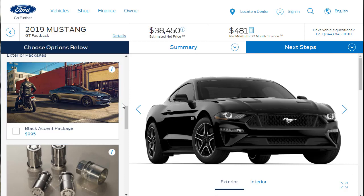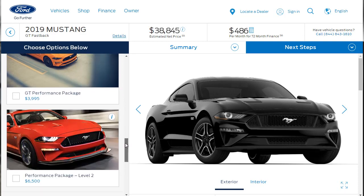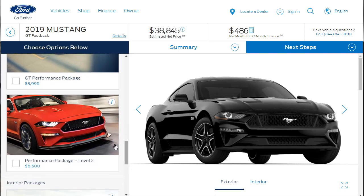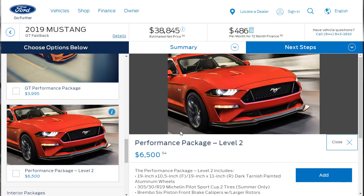I don't think on our all black Mustang we need to worry about the black accent package, so we won't. We're going to go ahead and get those wheel locks because I like that stuff. Okay, so here are our packages. Here's the GT Performance Package. It's $4,000, and then the Performance Package Level 2 is $6,500. So let's just jump right on up to the big boy because